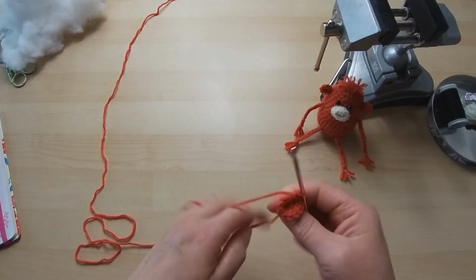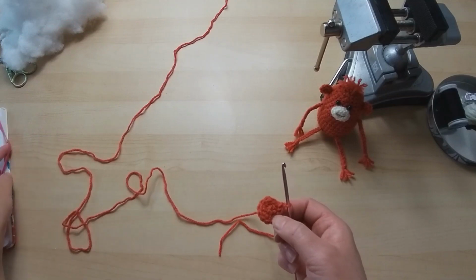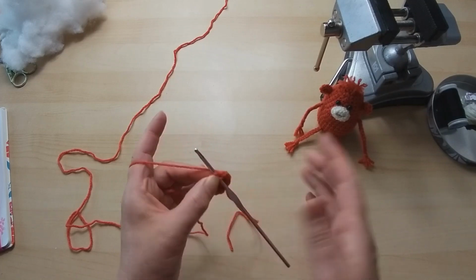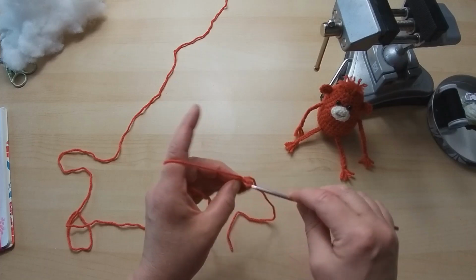I'm going to tighten my middle up now as well. So there's 12 stitches there now. So we're going to do yet another increase, again 2 in each, to give us 24. So off we go. You can pop a stitch marker in at this point if you want. It's up to you. I'm going to pop it in on the next round though, so I'm going to count